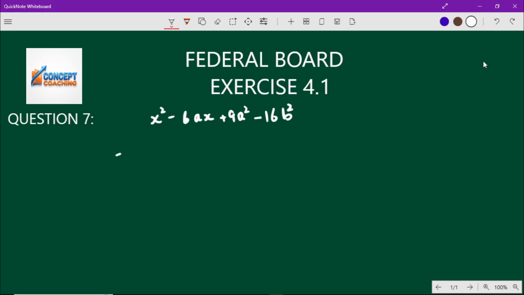The question number 7 is x square minus 6ax plus 9a square minus 16b square. Now this question is solved by factorization, and this is the first part of the question, and this is the second part of the question. Now we will solve this question, and we will make two squares, and we will convert this question into a square minus b square. Now in the first part we see this x is the x square